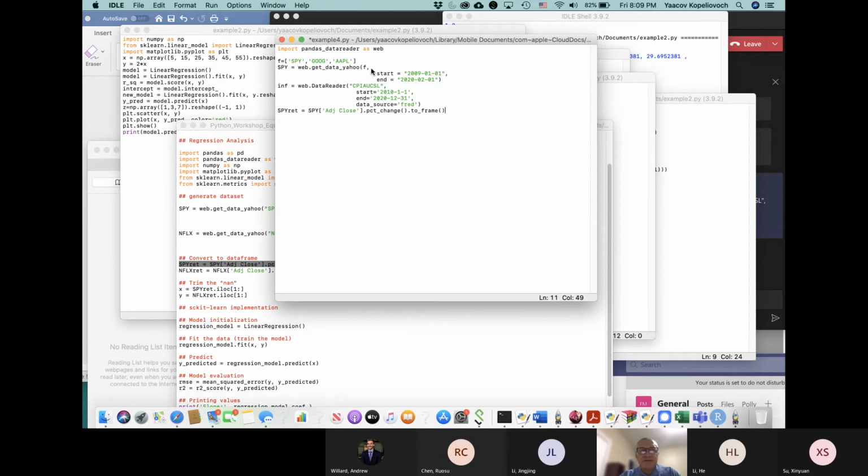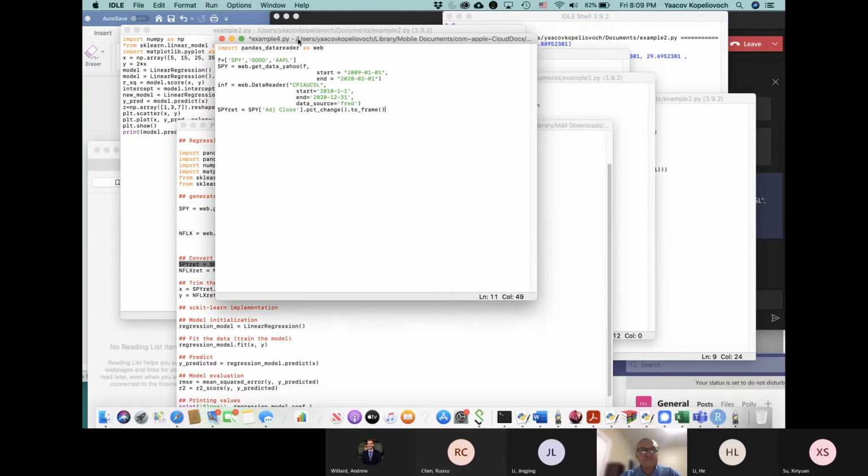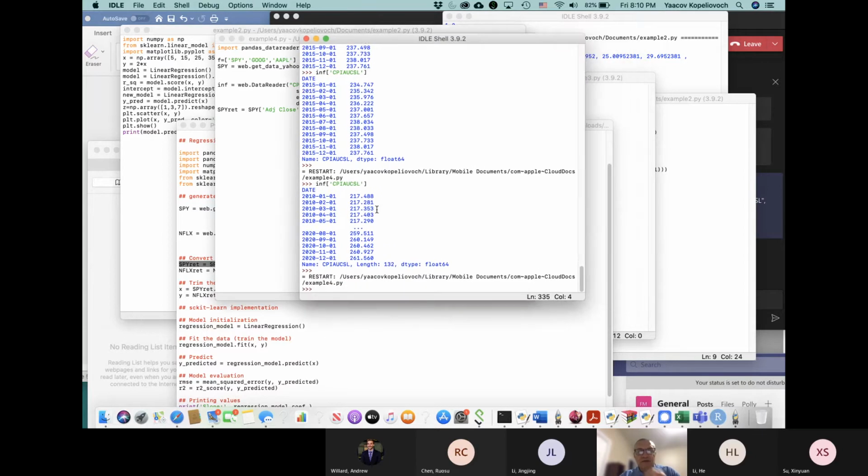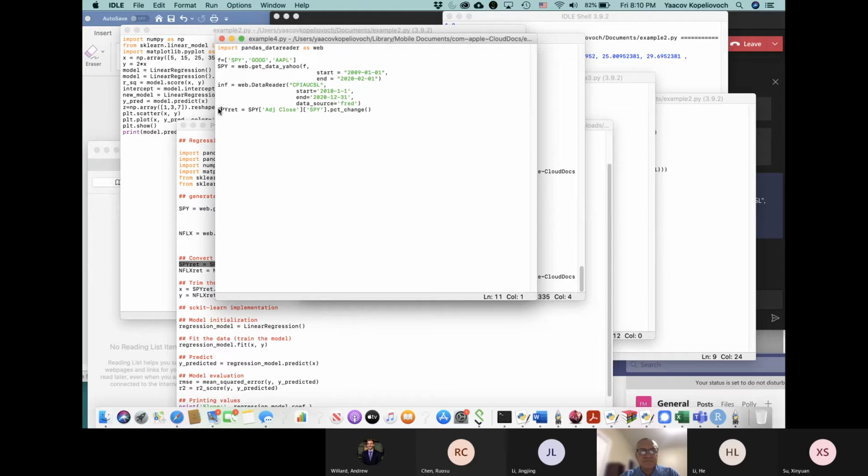So I'm now going to calculate the returns of SPY, Google, and Apple all at once. But I just want first to calculate the returns of SPY, first of all without to frame. So SPY return